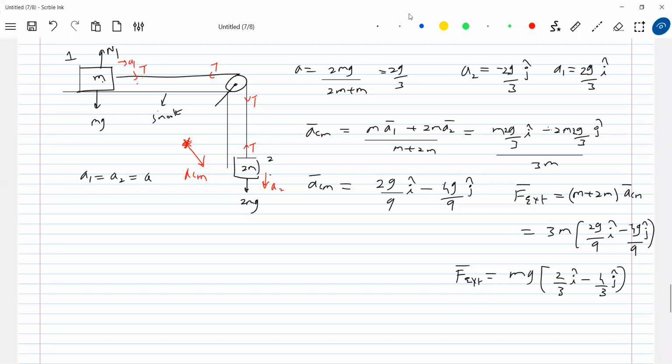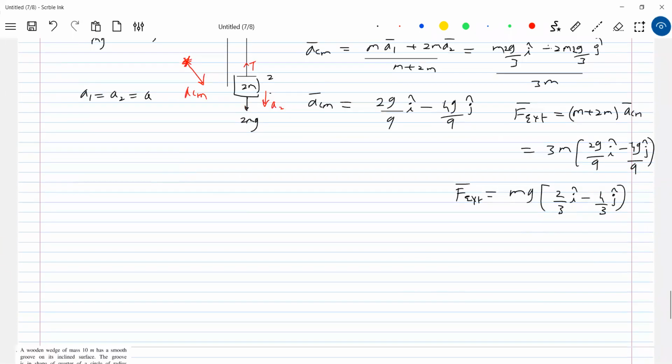See, if I give two particles, everyone will solve. If I give some system where 2-3 blocks and one wedge or sphere is there, there the real trouble starts. And definitely you must be in a position to identify whether the net external force acting on the system is zero or non-zero. If it is zero, you can conserve momentum, and all other things. If non-zero, you should not conserve momentum. That is our goal for which we are trying this. Got the idea? Okay, let's take the next one.